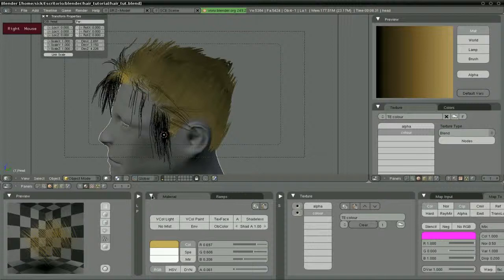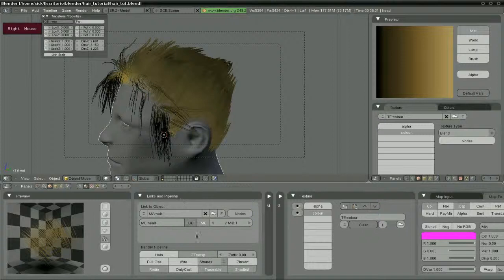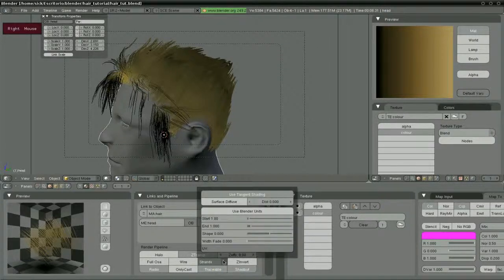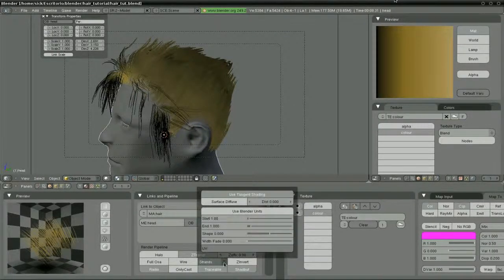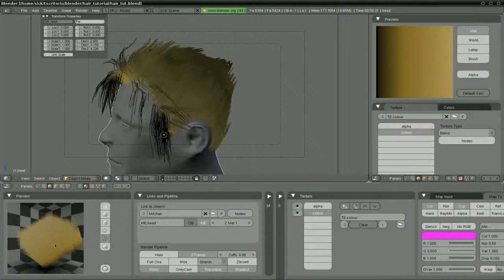Alright, I skipped ahead a bit, so there weren't so many changes that would be useless to see. And let's change another option. There is a hidden drop window in there called strand in the links material panel, which brings up a new menu specific for the hair. And there are several options to control the way our hair looks in there. Basically, you want to activate the use of Blender units, and if you